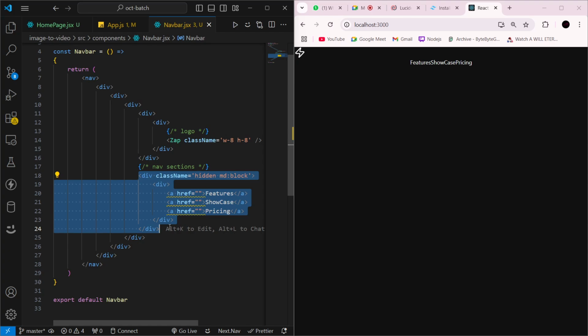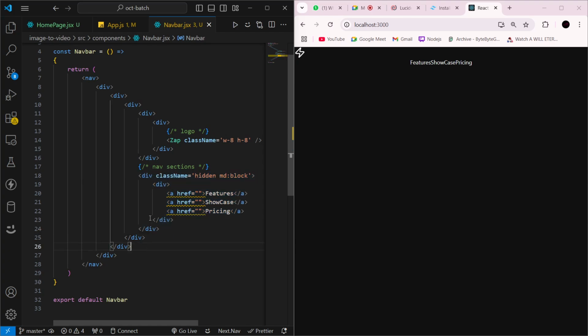Okay, next what we will be doing is, okay, done. Till here we have done the nav section, not this div, not this one, not this one. After three divs, we have to write like this. We have to create this button. We are creating that get started button. Okay, div, enter, and